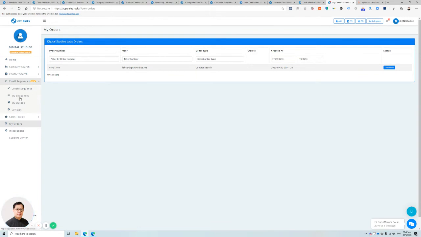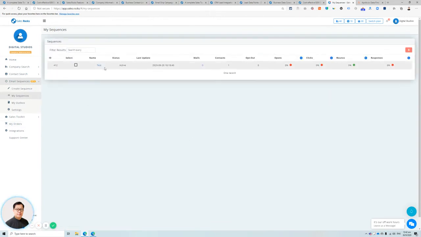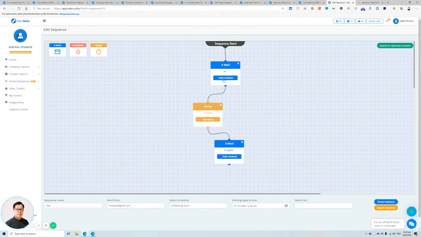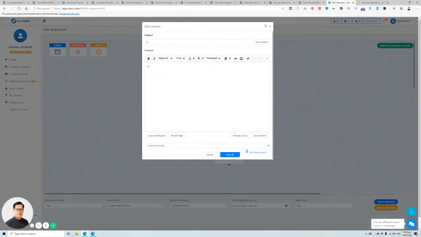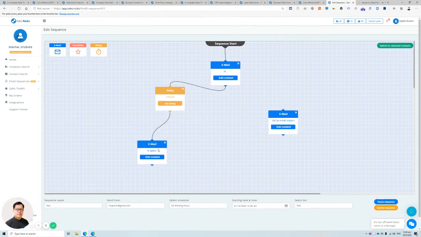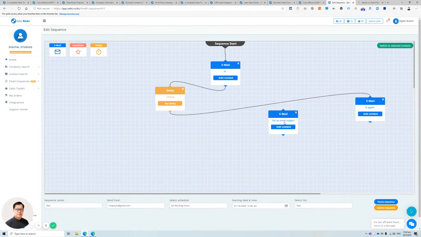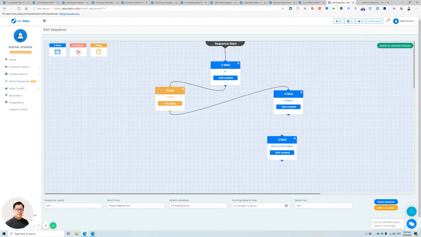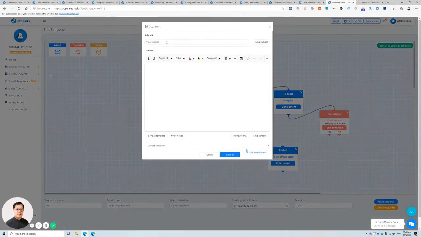Let's take a look at basically now sequences, right? So right now I've created one simple sequence. So it's basically a two-step email. You can go and create this in a pretty simple way, right? You could, for example, write hi, hello, hi again, and then you could set a condition. This is pretty straightforward, right? Wait up to 1 hour if the email is open, yes or no. If yes, then send this one, and the content is